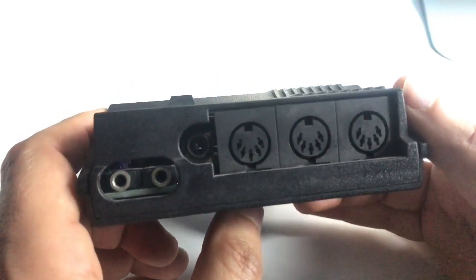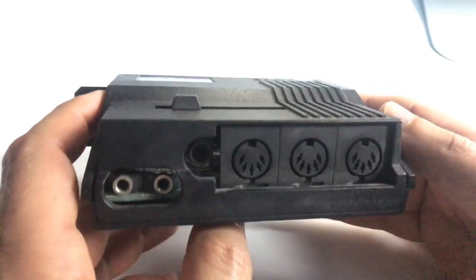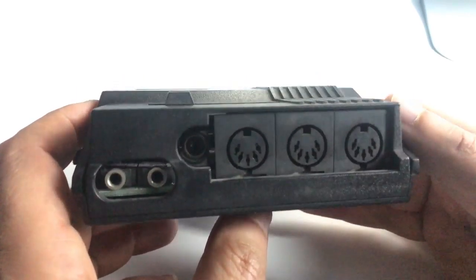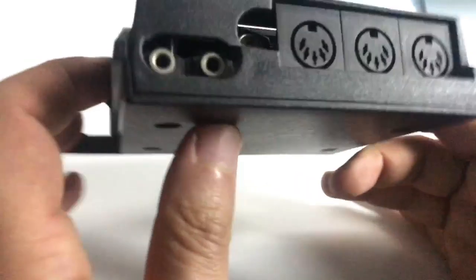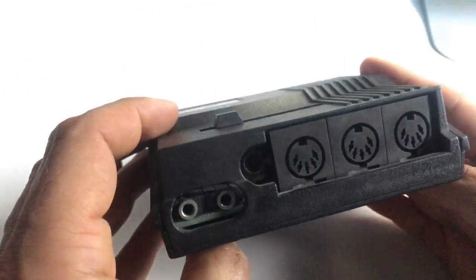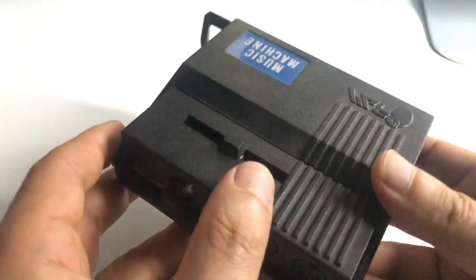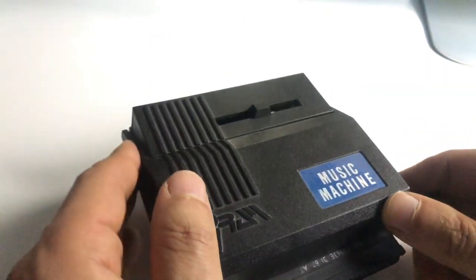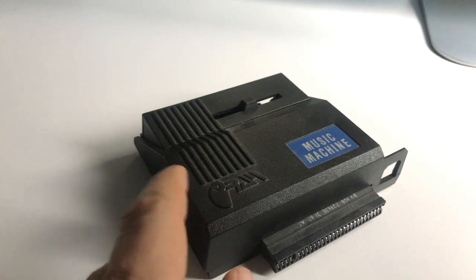And I think at one point my friend and I were in an electronic band, and I think we hooked this up to MIDI devices to generate sound. This might be a stereo sound out or something like that, and this was probably a volume control. And I think what this piece of tech gave us was the ability to generate four channels of sound. So even if you didn't have a MIDI device, you could still generate four channels of sound,